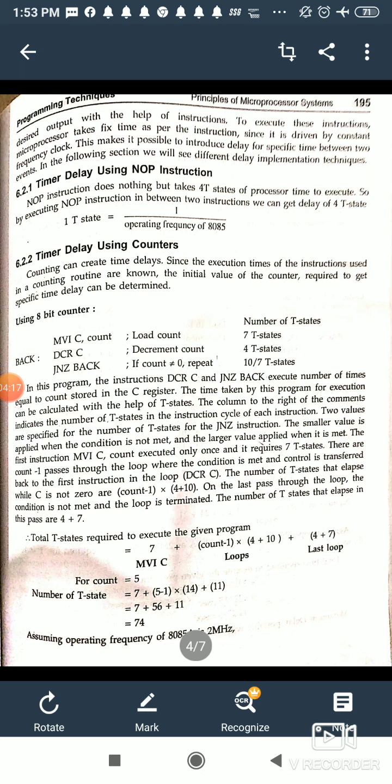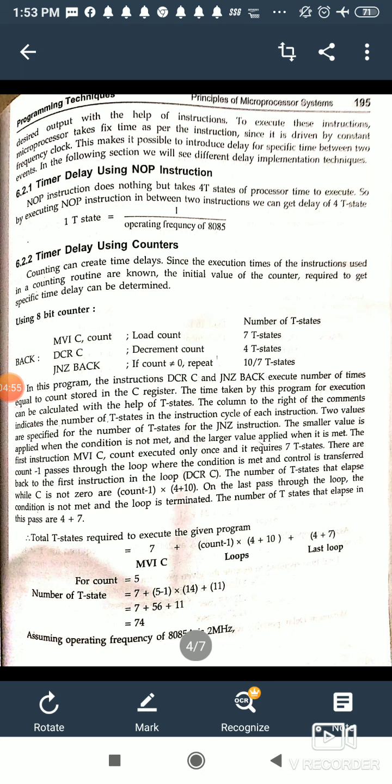Now time delay using the counter. If we use the counter, we have to initialize it, we have to update the counter, and then we have to find out whether the count value has reached its final value or not. If it has reached the final value, we come out of the loop. If it has not reached the final value, we stay within the loop. So we have to load a delay register, decrement that register at each step, and after decrementing check whether the register has reached 0 or not.